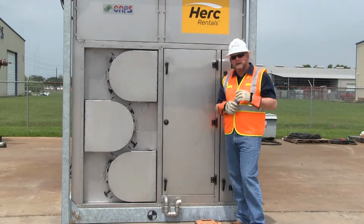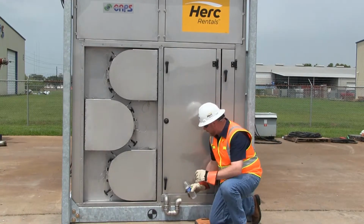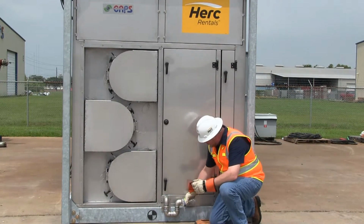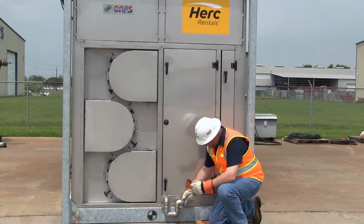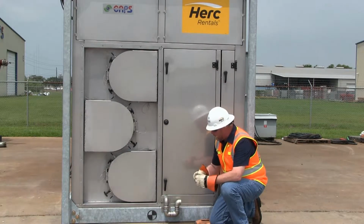So the next step in our setup is we want to make sure that this P-trap gets primed, because we're on the negative side of the fan. You want to make sure you either use a bottle of water or a hose. You just simply put a bottle of water in there and fill it full. There, that's completely full. Now we've got a good prime on there,